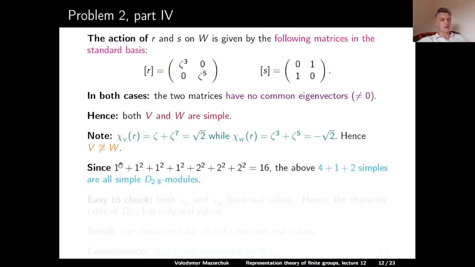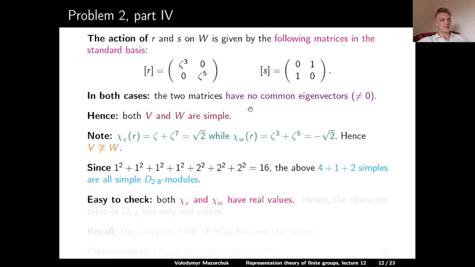Well, and since 1 to the power 2 plus 1 to the power 2 plus 1 to the power 2 plus 1 to the power 2 plus 2 to the power 2 plus 2 to the power 2 plus 2 to the power 2 is 16, the above simple modules are all simple D2 times 8 modules. So we have 5 modules coming from D2 times 4, and we just constructed 2 new simple modules. And it is easy to check